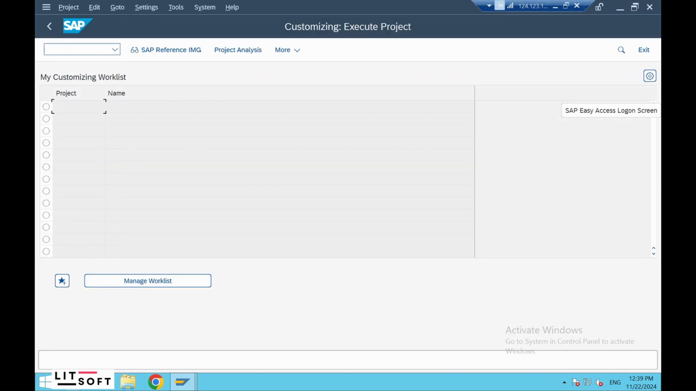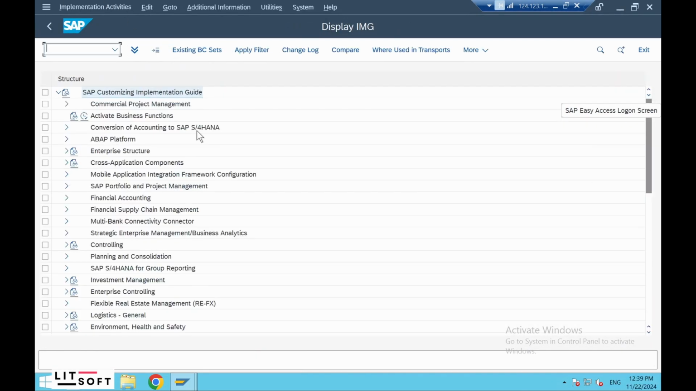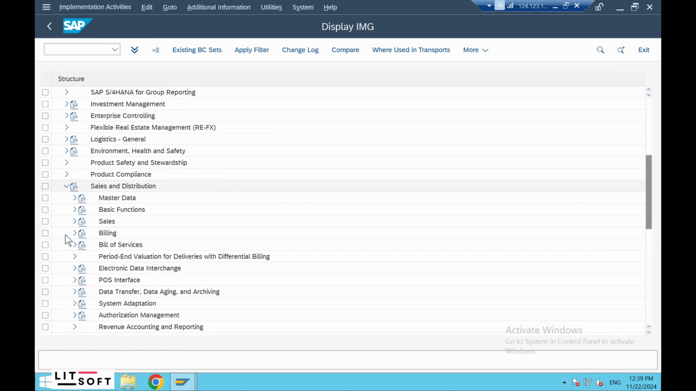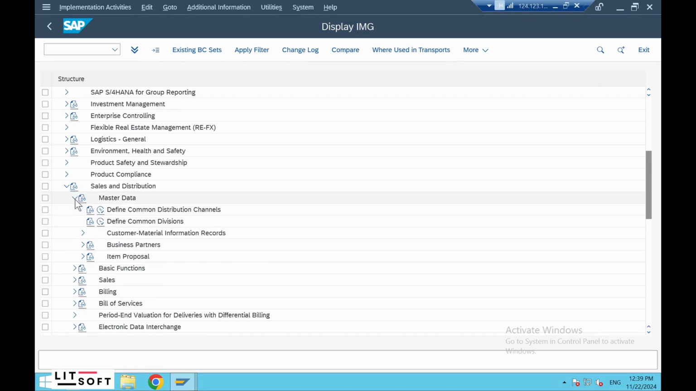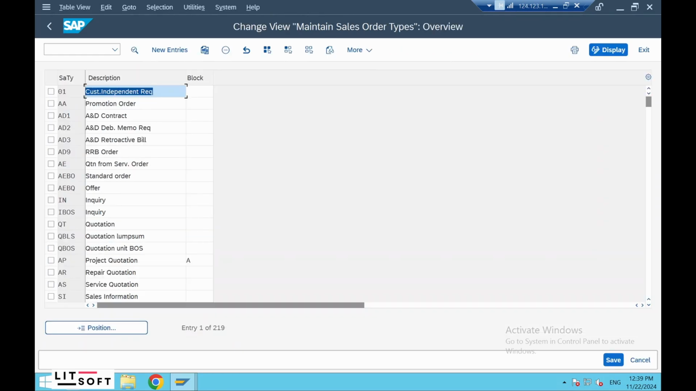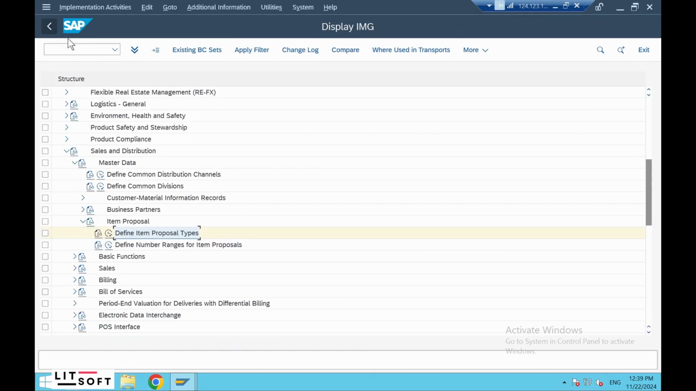I'll go to the configuration, go to Sales and Distribution. Here you will have basic functions, master data, and all that. In the master data, item proposals, business partners, and CMIR all come in the master data. I'm going to item proposals, and there are two configurations here. So, define item proposal type, and you can see the same T-code here,